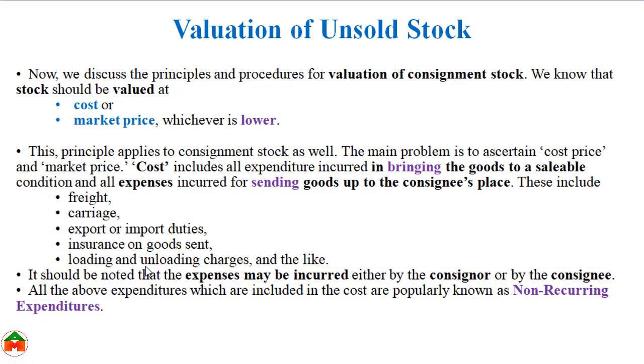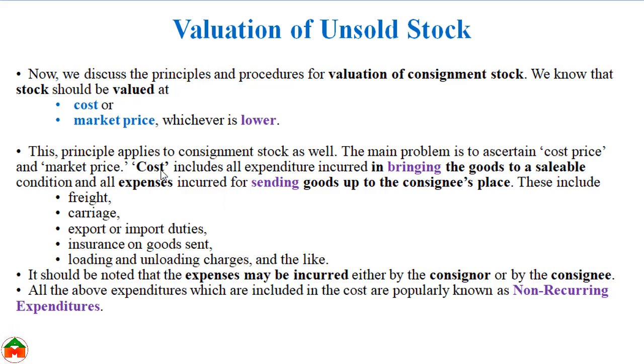Sometimes the unloading charges are paid by the consignee. That means the expenses incurred by the consignor and consignee until the unloading should be considered as expenses for determining the cost price,